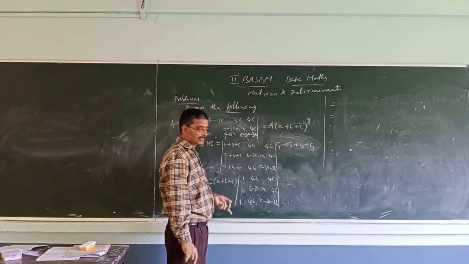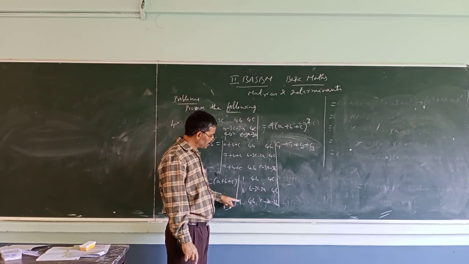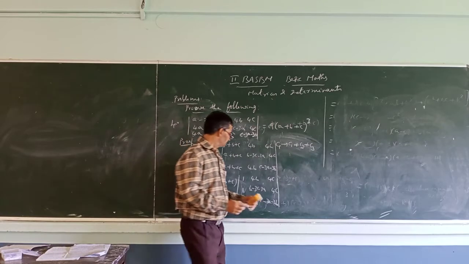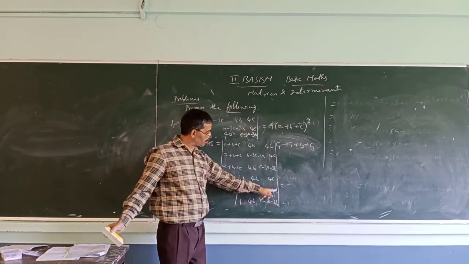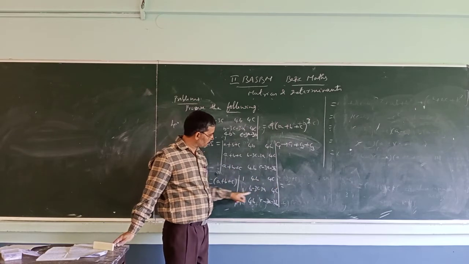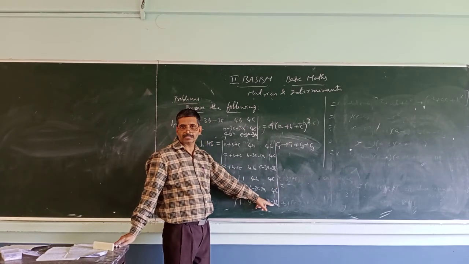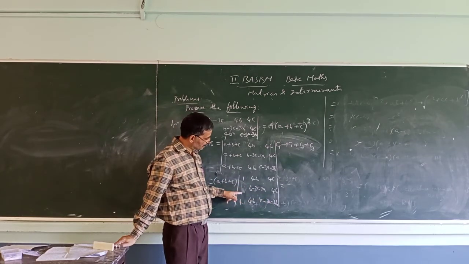Now you know the steps. You make this 0, this 0, any two. I make these two zeros. So you have to do the operation. This row is R2, this row is row number 3. So R2 minus R1, this makes 0. R3 minus R1.